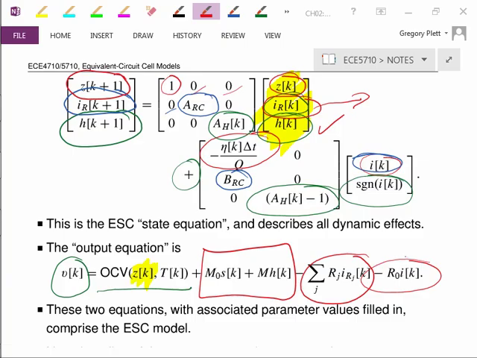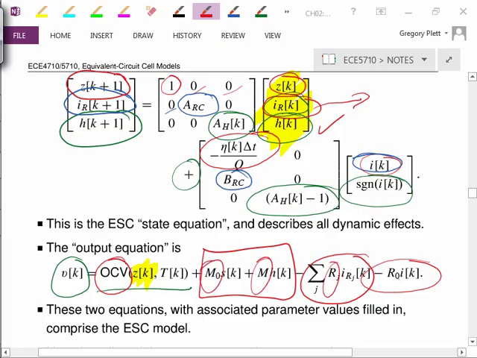All the parameter values, by the way, are non-negative. They're either positive or 0 in these equations, and that's a constraint that we can impose when we are trying to find the parameter values of these equations. At this point, we have developed the model. We have derived the equations of the model, and in order to use the model in a simulation, we would need to find those parameter values. I would need to know everything in these equations. I would need to know the open circuit voltage relationship, M0, M, Rj, R0, what else do I have in here? I've got a coulombic efficiency, I've got a capacity. So all of these numeric values in these equations need to be